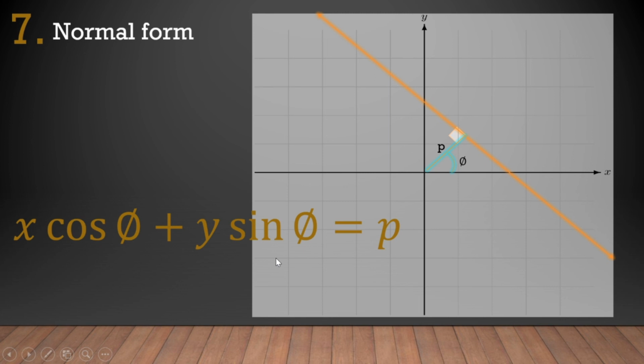So these are the 7 forms of the line, and many more can be generated. Basically, these are part of your syllabus, and many more forms can be generated. Means if I give you something else instead of all these variables, some information which specifies a line, then you should be able to find the general form of a line with those specific details. I hope you understood.